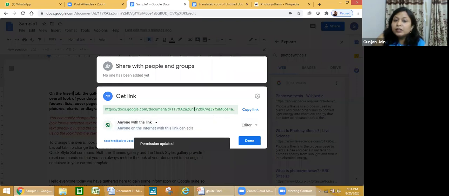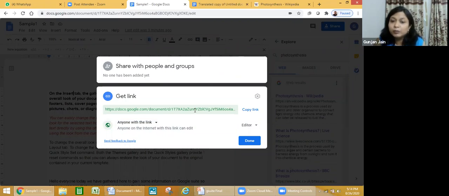So when you will share the link with those people, they can edit, but it is not that much secure because you are giving the editing rights and you are giving the link. So if that person shares it with someone else, he can also edit. Then that someone else shares it with someone else, then he can also edit. So it is less secure.